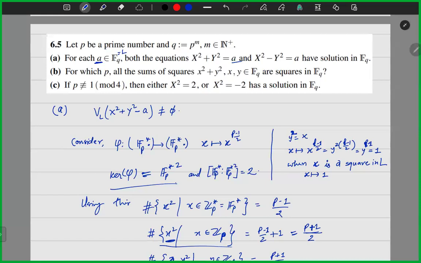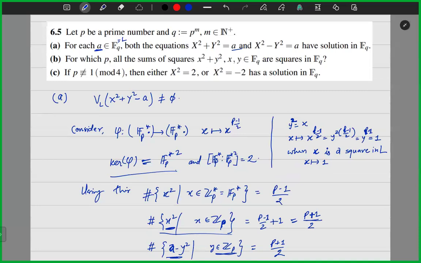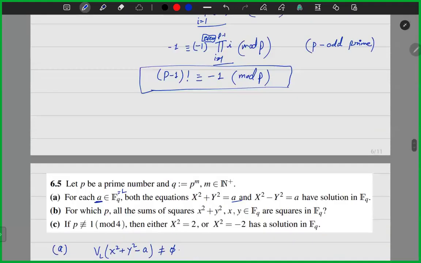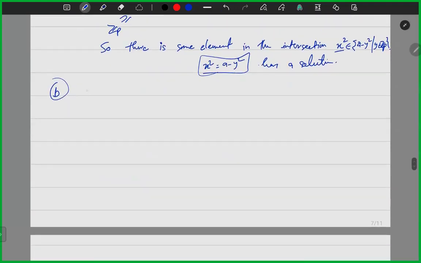But in Fq, not every element is a square, right? For example, take just F3. This is part B. In F3, what is happening? 0 square is 0, 1 square is 1, 2 square is also 1. 2 is not a square,